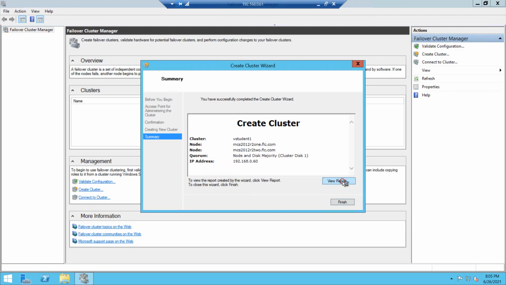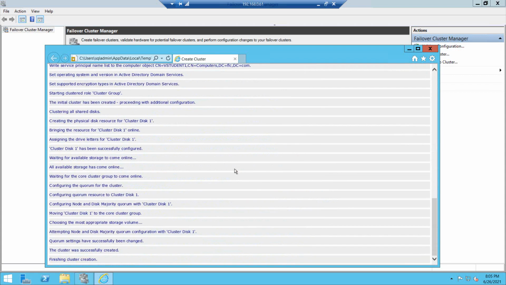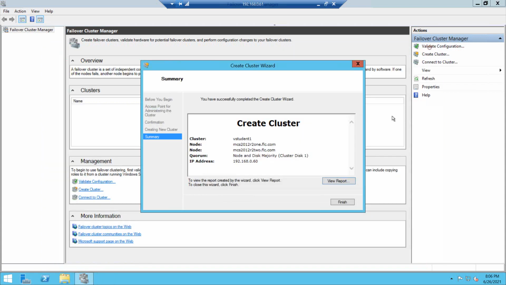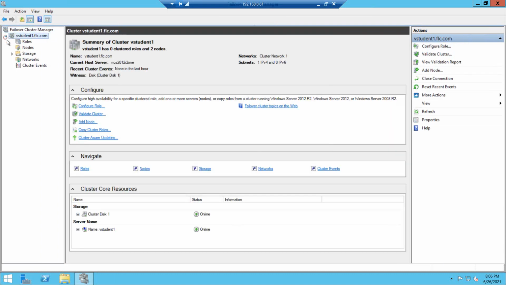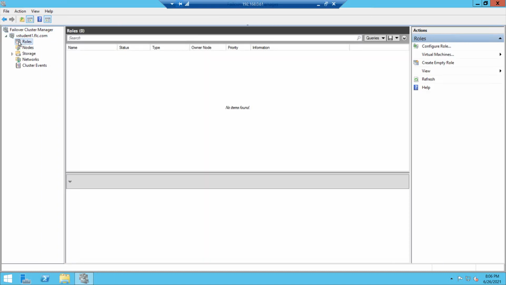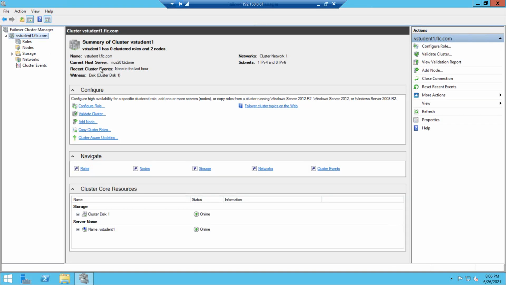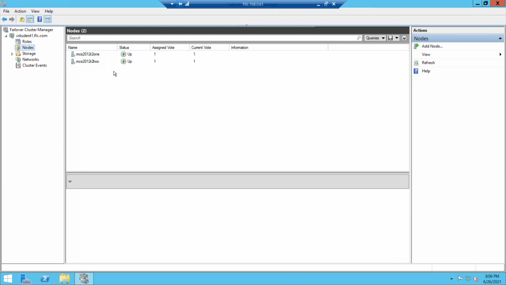Now the cluster is created and you can see the report. Every report looks good, so that's fine. Click finish. Once you click finish, you will be able to see the cluster name, and the 2 nodes are already added.